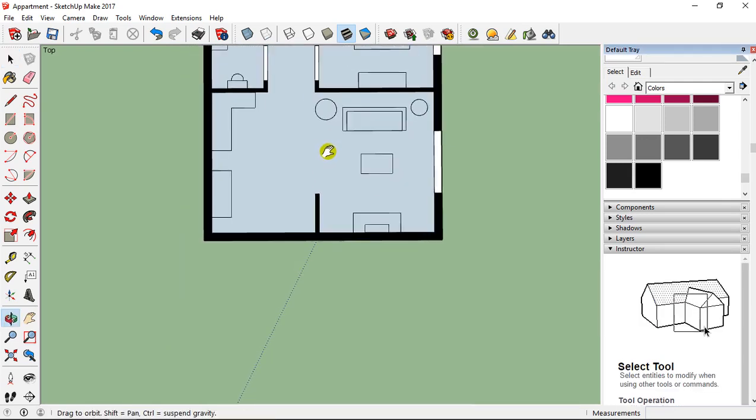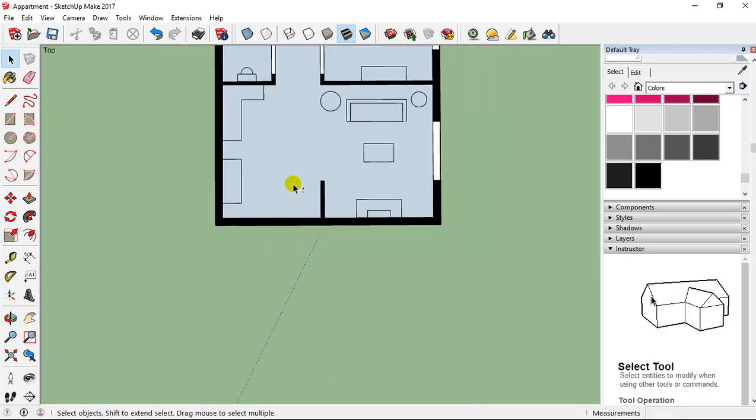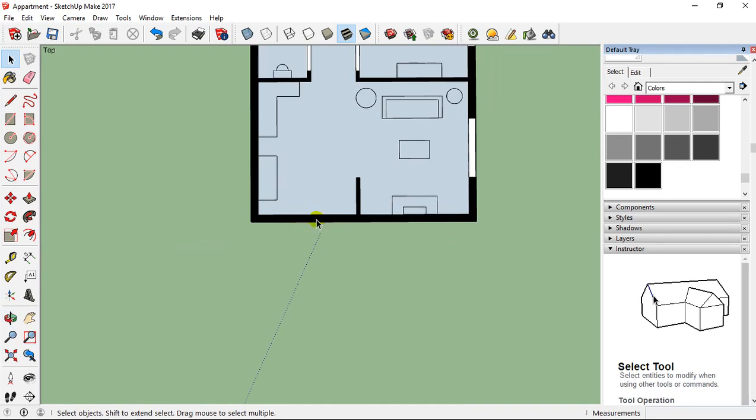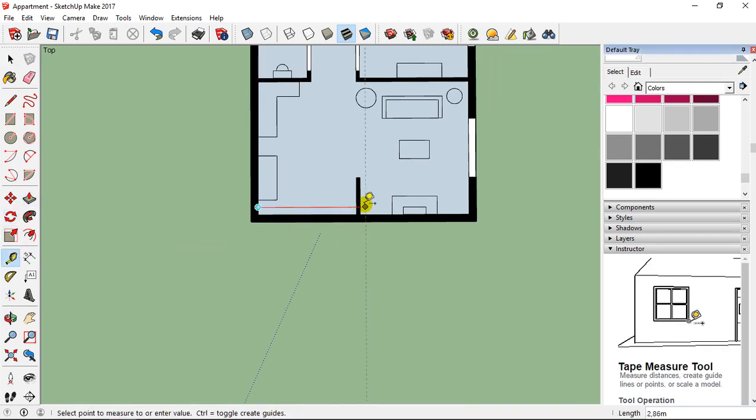I just forgot one thing. I just forgot to incorporate the entrance. So the door for the entrance I'm going to incorporate here. I take guide tool and I'm going to add here 1 meter, and another guide. I'm going to go from this part and I'm going to add 90 centimeter, like this.